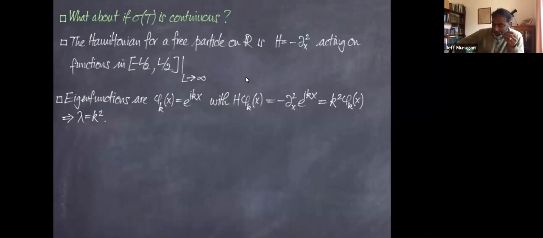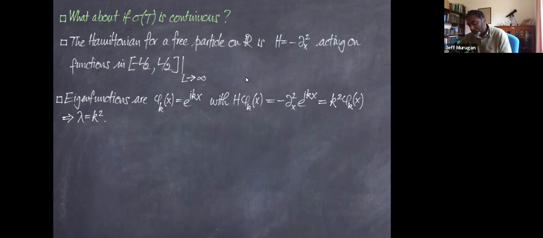All right. So today we'd like to ask what happens if the spectrum of the system is continuous. And to try and understand this, we're going to be studying a free particle on the real line. The Hamiltonian for the free particle is given by the second derivative operator. The minus sign there is there to make sure that we have a positive spectrum of states. So the energies come out to be positive,